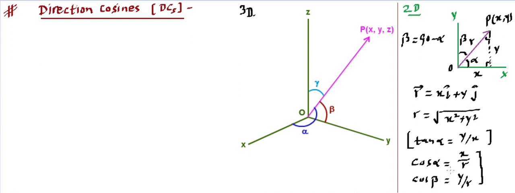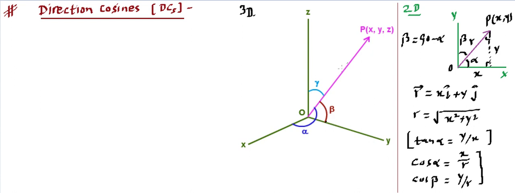Now this two-dimensional stuff can be extended to three dimensions, and here it becomes very important, because in this case we don't have two angles to measure, rather we have three angles to measure. So let's say in the three-dimensional case, this is the x axis, this is the y axis, this is the z axis as shown in the figure, and this OP is our vector, so P will have coordinates x comma y comma z. It's somewhere in three dimensions. Now let's say this vector OP makes angle alpha with the x-axis, and this OP vector makes angle beta with the y-axis.